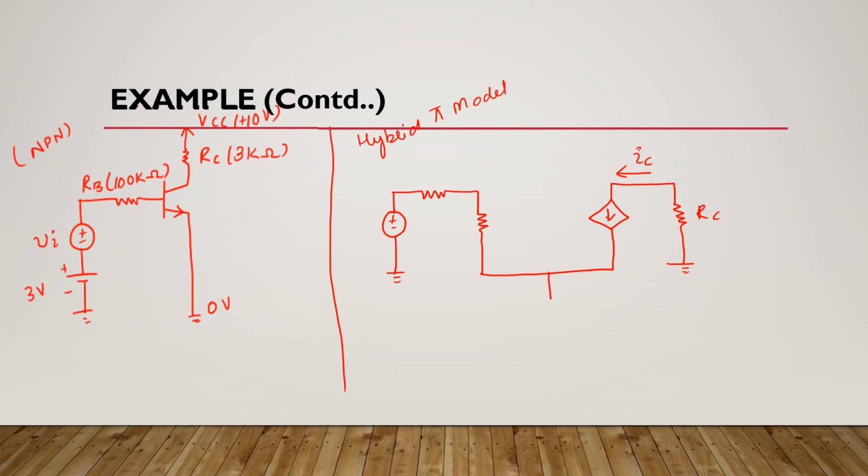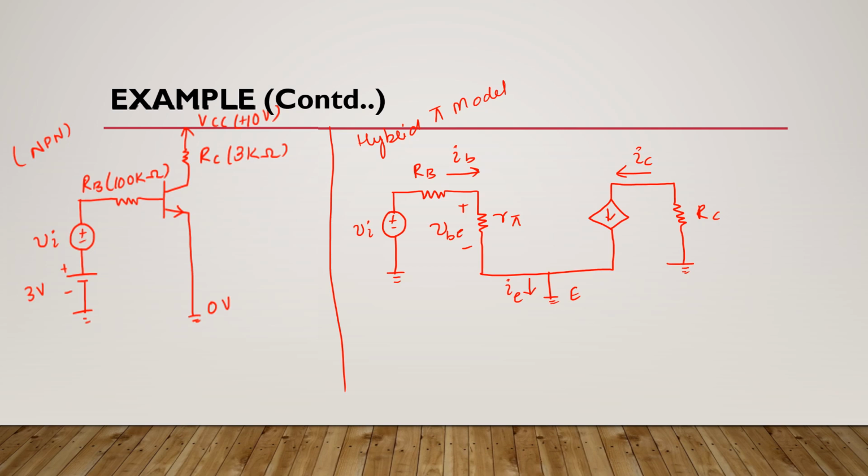Here we have the emitter, it is grounded, it is the direction of IE. This is RB, here we have R pi, here we have the drop VBE, this is plus, this is minus, and this is VI. This is the direction of IB. Now, first we will find